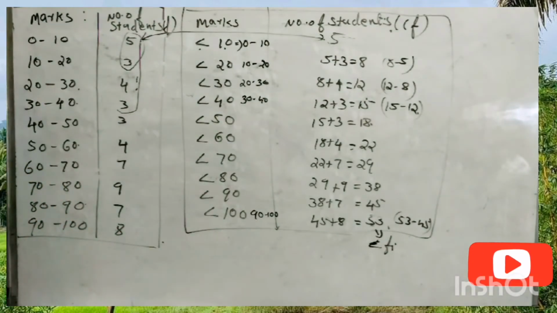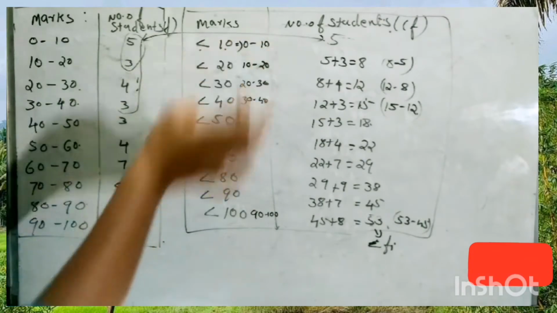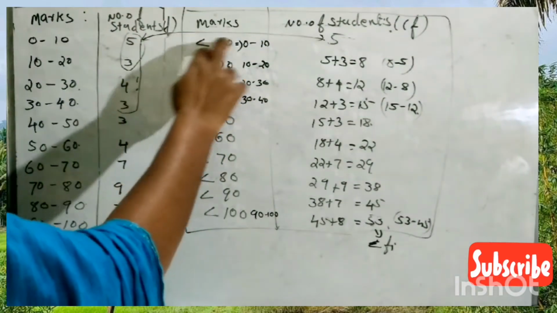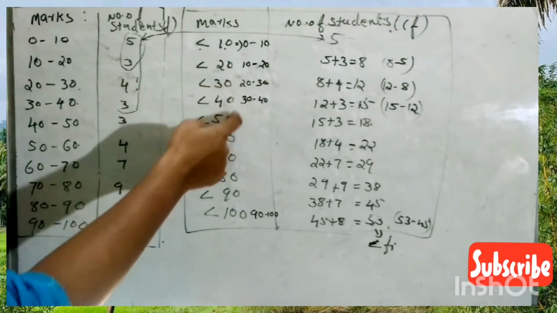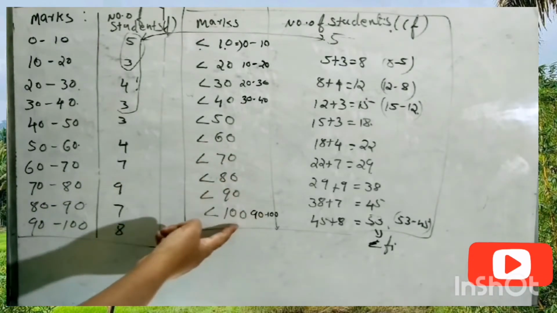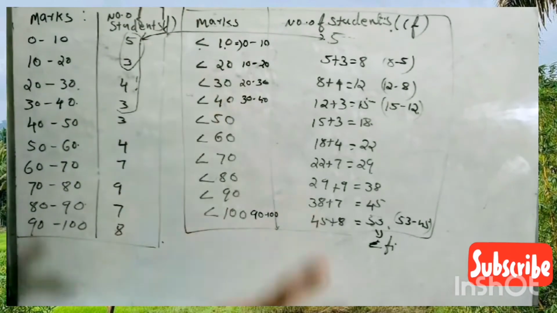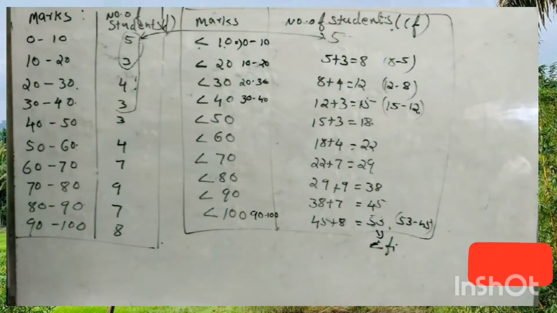Okay. Now, suppose the second table, the less than table, is given in your question, and you want to find the first table, the frequencies. Then we need to convert that first column into class intervals. For the first one, we will write 0 to 10, and from the second onwards, 10 to 20, 20 to 30, 30 to 40, 40 to 50, 50 to 60, 60 to 70, 70 to 80, 80 to 90, and 90 to 100. For this 50, don't write 0 to 15. We will write the class intervals with class size 10.